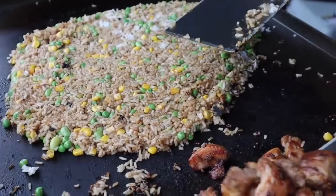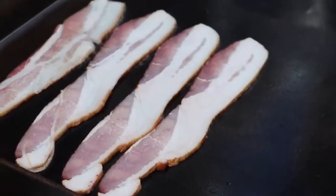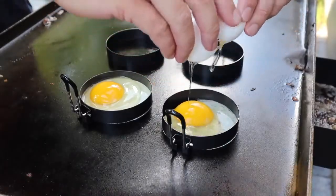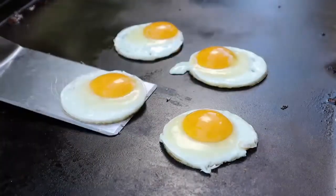Video is going to be all about the Blackstone. I'm going to be sharing with you guys so many different recipes that you can try on your Blackstone. If you don't have one, I definitely suggest getting one. I got one for Frank for his, I was gonna say birthday, but it wasn't for his birthday, it was